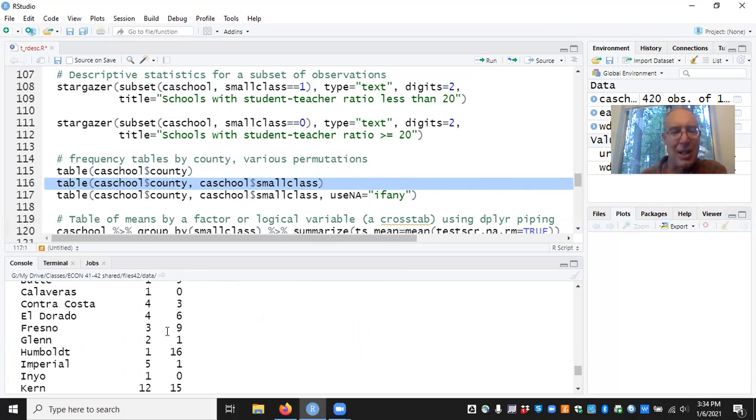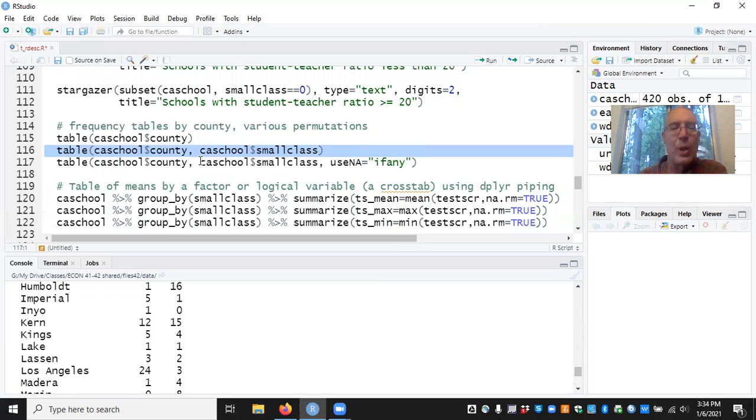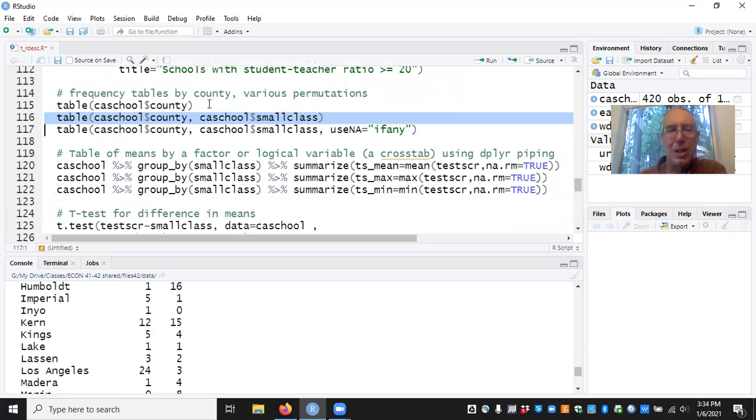Humboldt County, small classes. Contra Costa, on the other hand, is large classes. Kern has a lot of large class. Los Angeles, as we might expect, is mostly large class school districts and very few small class school districts. We can also do